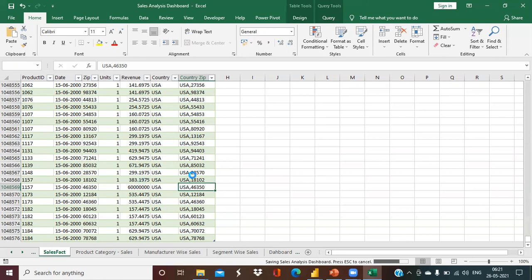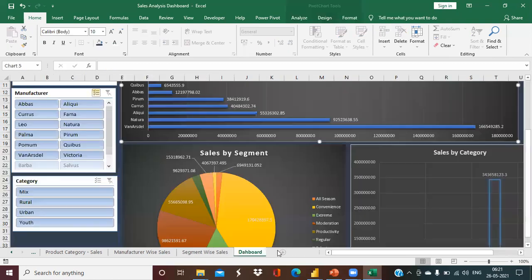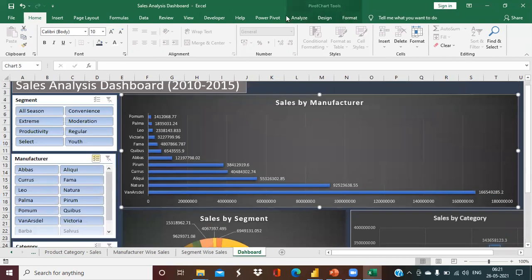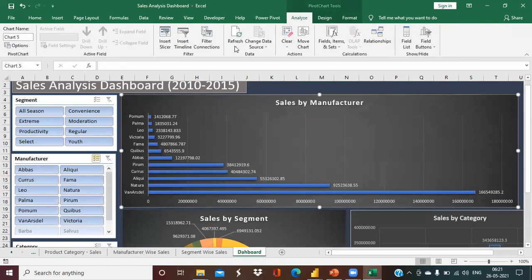It may take some time because our data set is too huge. I think you can understand that when the data set is huge, sometimes it takes time. To refresh your dashboard, you just need to go to Analyze and Refresh. It will definitely refresh the data set, and the chart and the dashboard will also refresh.